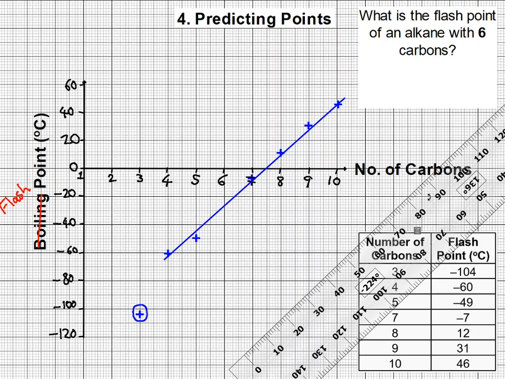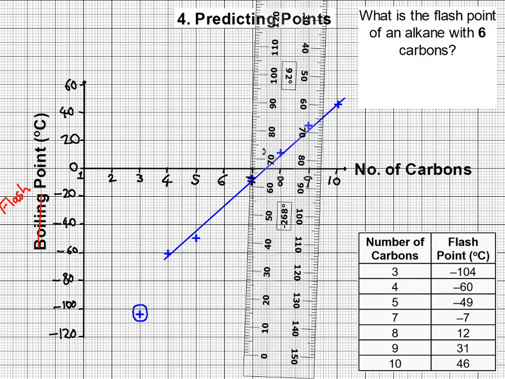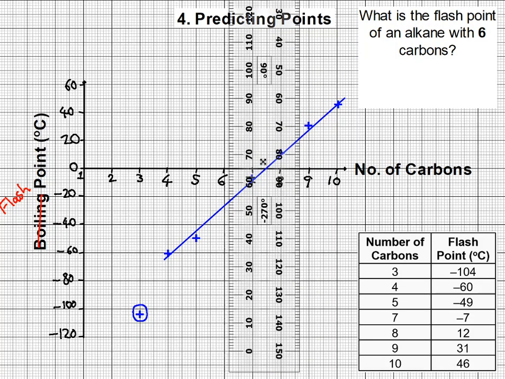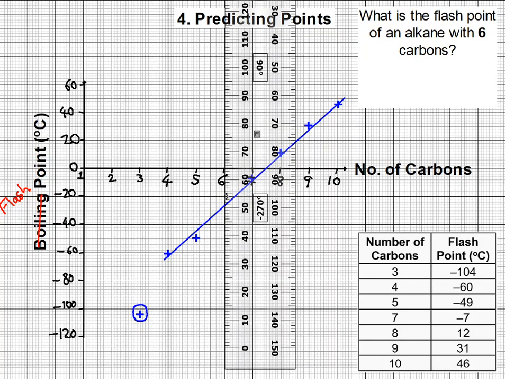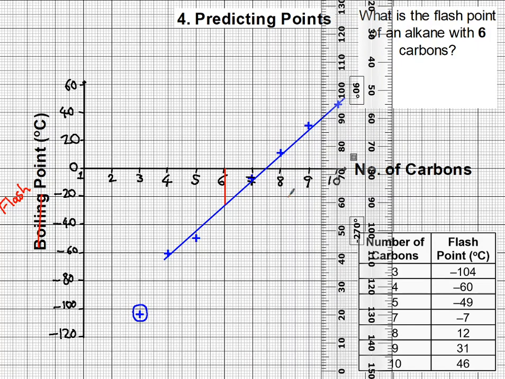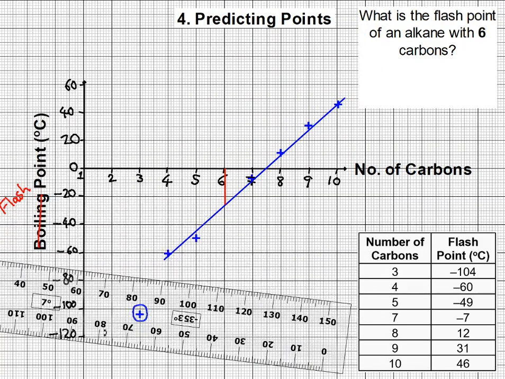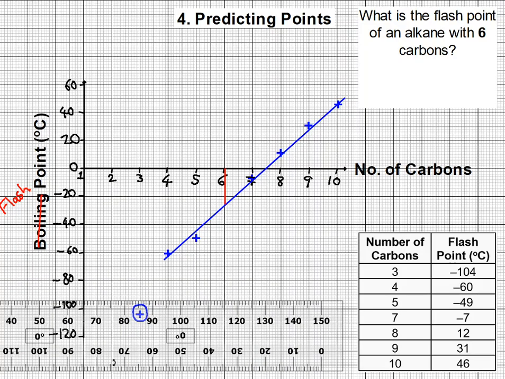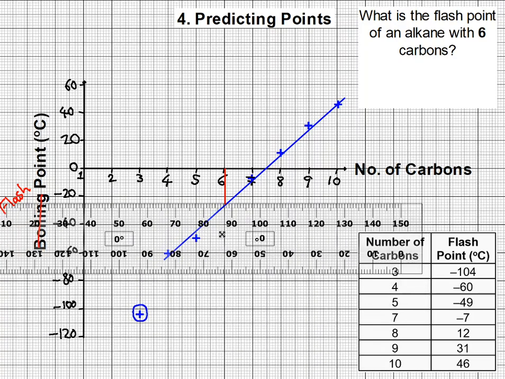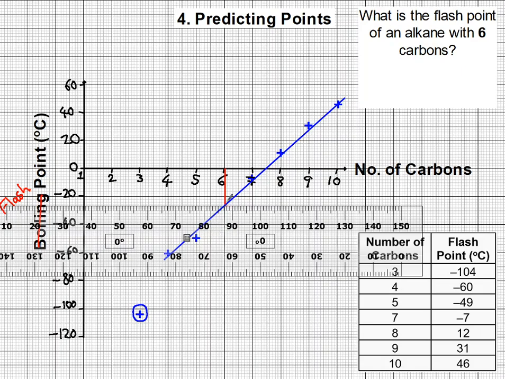And we use a construction line to help us, so we get a vertical ruler because we're starting with the known 6 carbons, and we just take our pen and we draw down. It could be a dashed line or it could be a solid line, it doesn't matter. We just draw down to the best fit line from 6. Then we need to draw a cross from there to find our flash point. So, presuming that's about right,